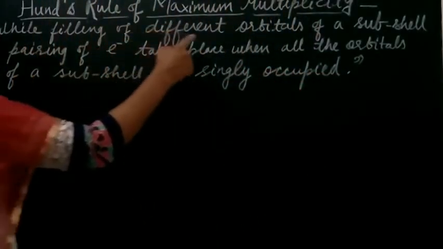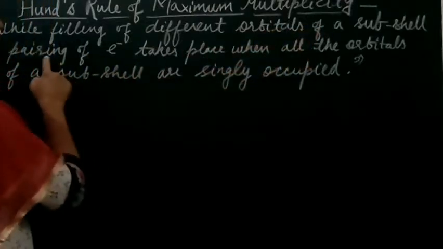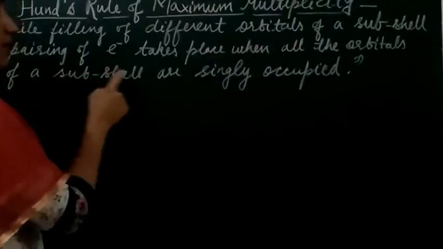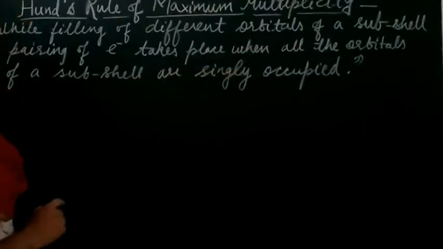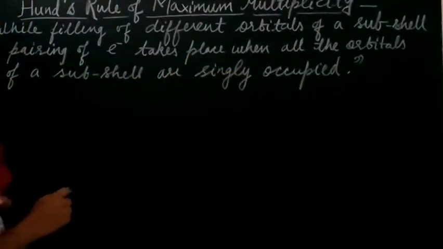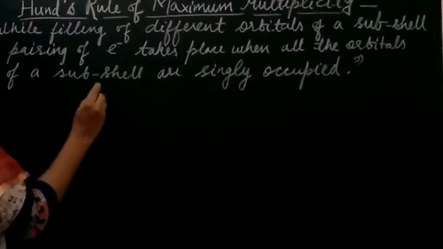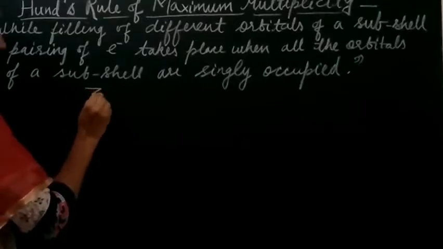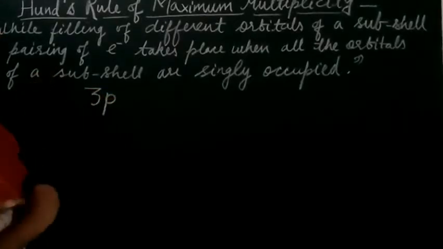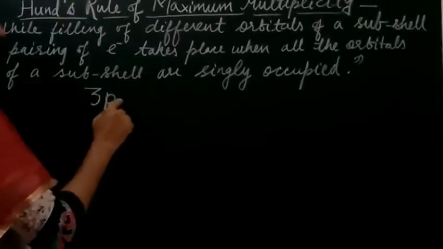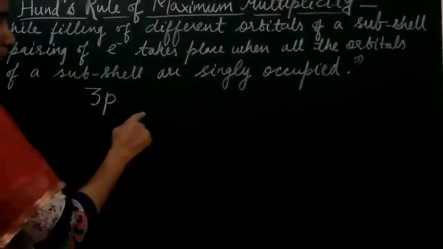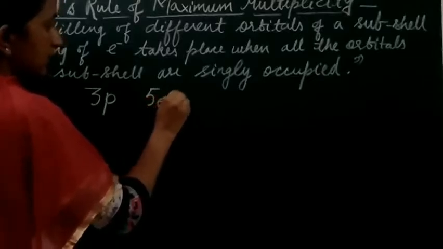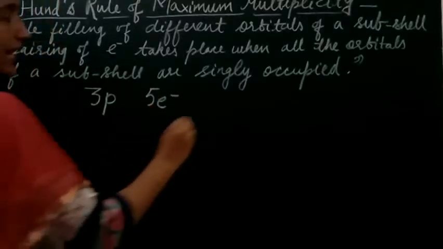While filling different orbitals of a subshell, pairing of electrons takes place when all the orbitals of a subshell are singly occupied. Right? Now let us take an example related to it. Now we know that the p subshell has got 3 atomic orbitals. So let us take the case of 3p. Right. Now in the 3p, if we have to accommodate 5 electrons, right? In that case,